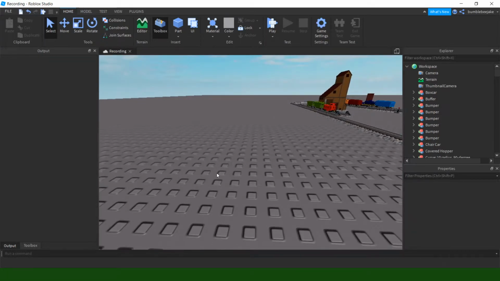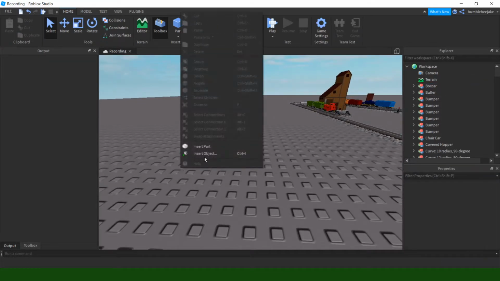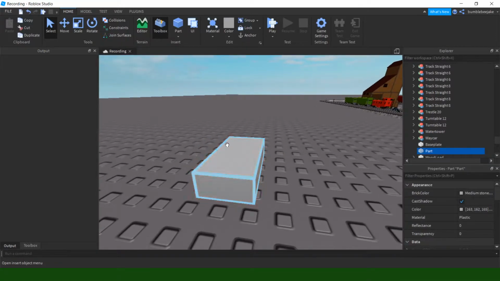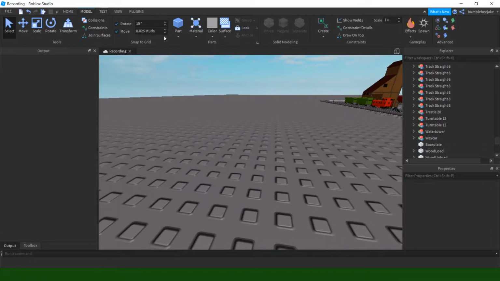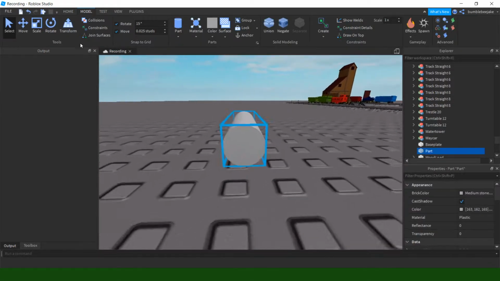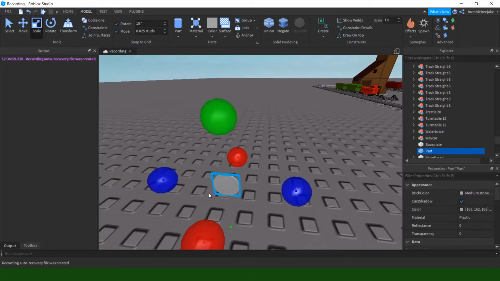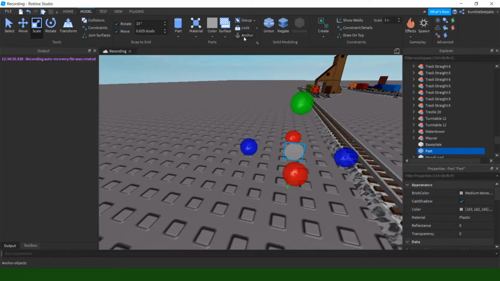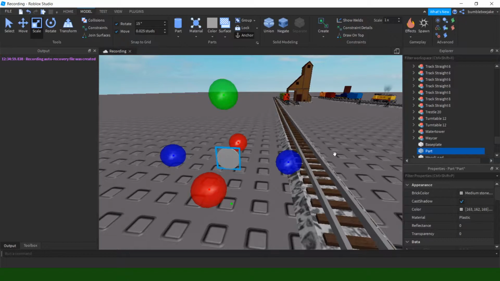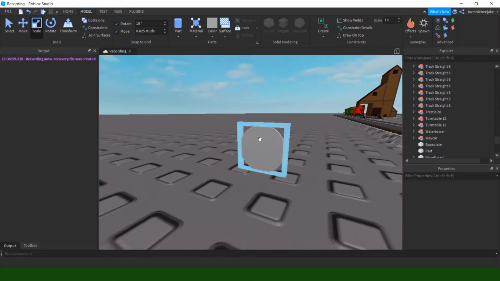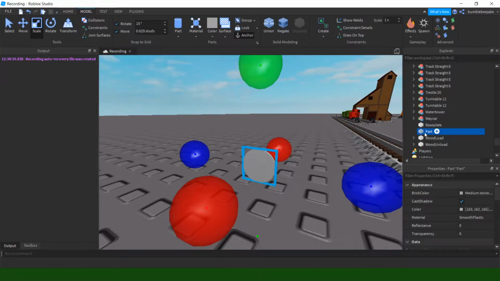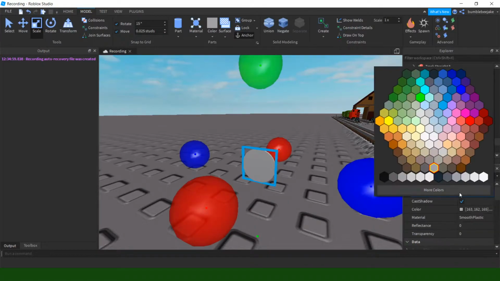Alright, so real quickly, I'm just gonna make some signals, but it's not gonna be the best looking thing. And I'm not even gonna make it to scale. Since I'm not really going for looks, I'm just using this tutorial to show you how to do the coding aspect of it. So I'm just gonna call this red light,